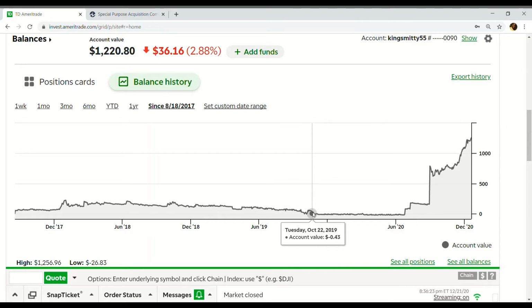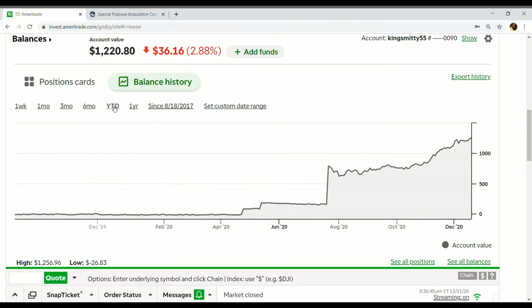I really wasn't looking at my account anymore. Had a couple reverse stock splits, so the account went into the negatives, and I lost, as you can see, my original $50, all of my profits, and I owed money to TD Ameritrade. So still in the negatives, and now we're in this year. So let me go to year to date. As you can see, it started off January 1st at negative $20 basically,